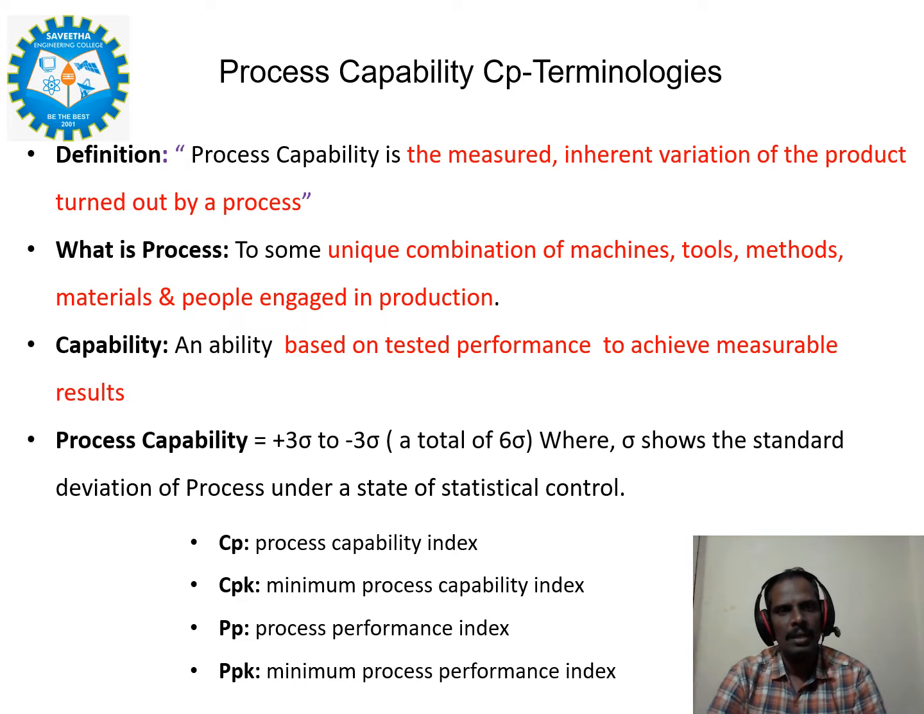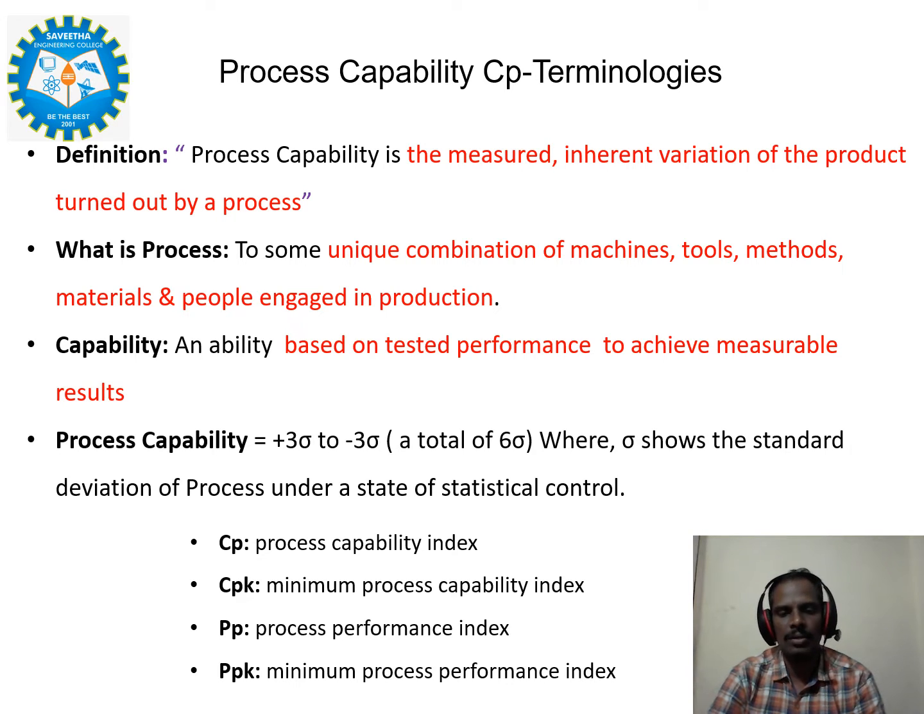What is a process? The unique combination of machine or tool, method, materials, or people engaged to produce the product in manufacturing. And capability is nothing but the tested performance to achieve measurable results. So the combination of process and process capability is indicated by plus 3 sigma to minus 3 sigma, so totally it is indicated as 6 sigma, where sigma shows the standard deviation of the process under the state